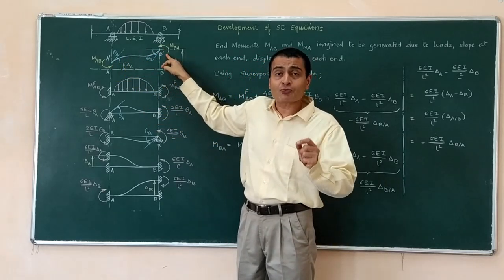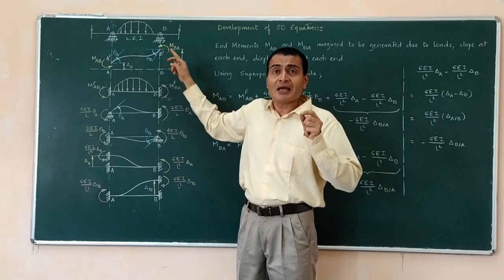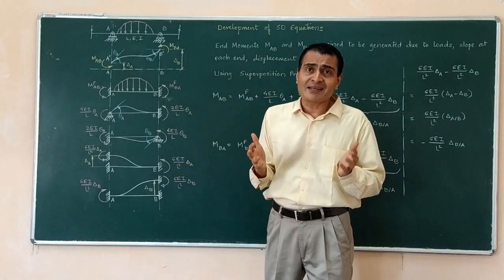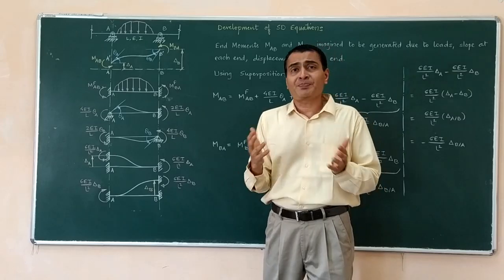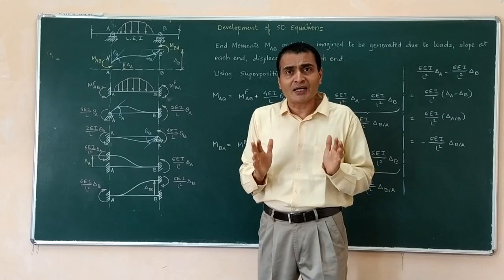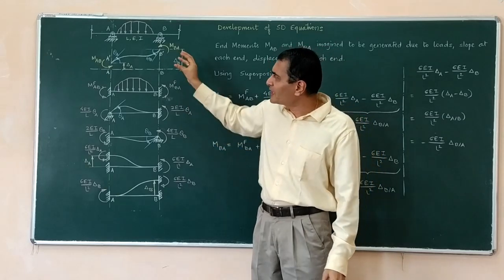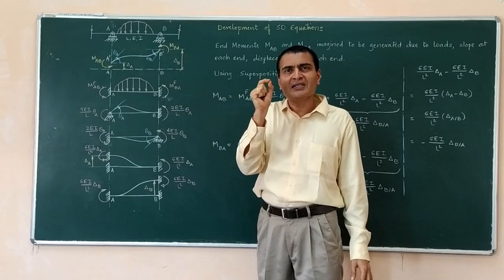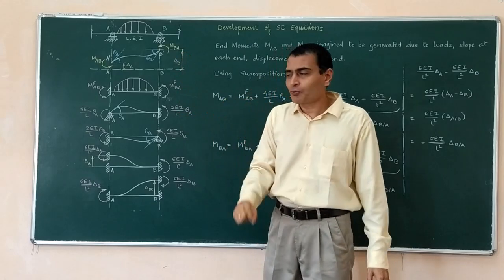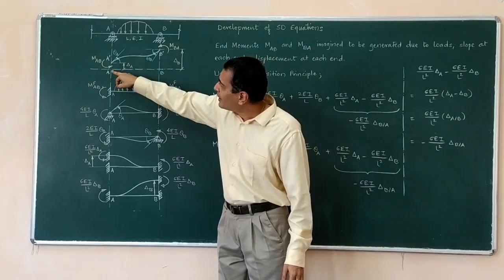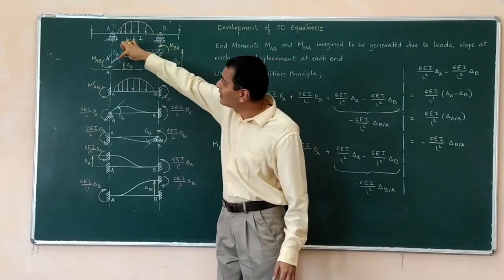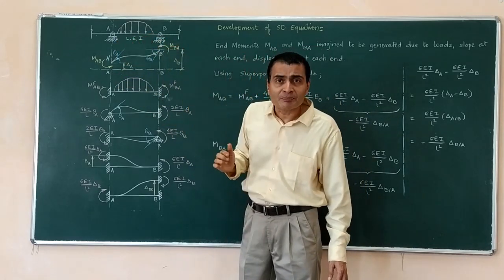Please listen to this carefully and please observe carefully. I hope rather than watching on your mobile, you are either attending the lecture on your laptop or PC or at least some mid-sized tablet, because on mobile it is very difficult to look into the tiny lettering that I have written. So please observe carefully. A has been translated upwards through delta A and taking a position of A prime.